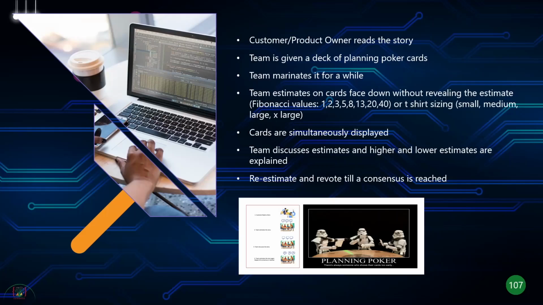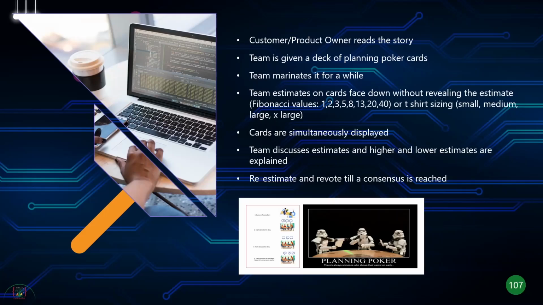to a consensus. The other team members might say, hey, I know you think it's size 13, but I think we can write the code in a different way and it might be size 5. Or they might agree with him or her and say, hey, I think you're right, it's size 13, I didn't think about this before, let's all make it size 13. Or the person who said it was size 13 might just say, yes, you're right, you can write the code in a different way, let's all make it size 5. So that way you get a more approximate estimate.